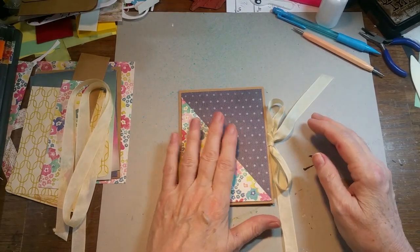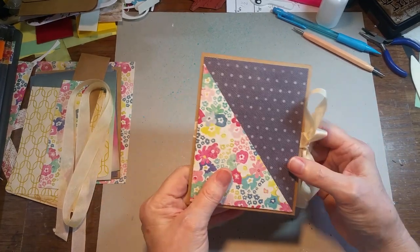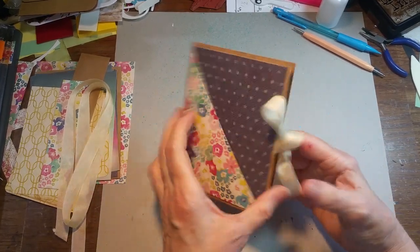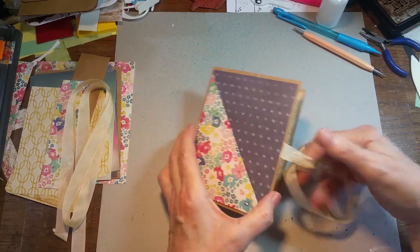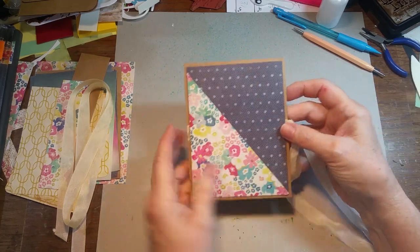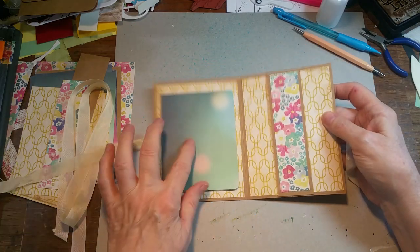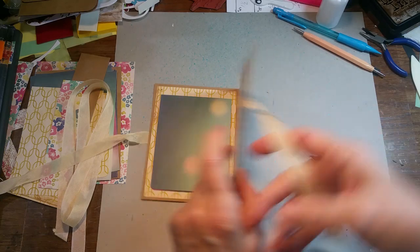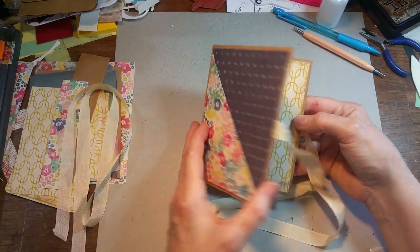Okay, this is the little mini book for the swap on the group that I'm in. So I want to show how easy it is to do. It's front cover, inside page 3, and back cover. So basically it's a little 4-page